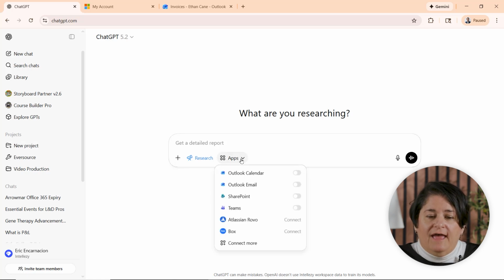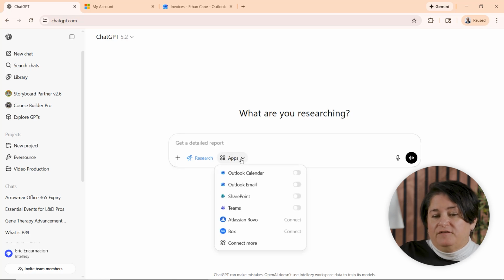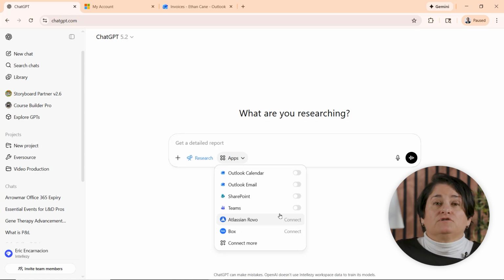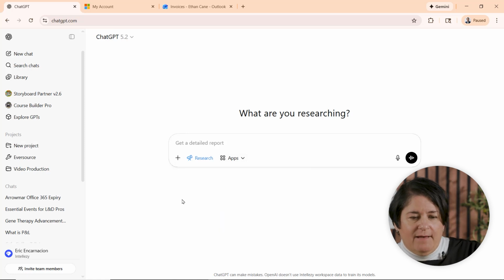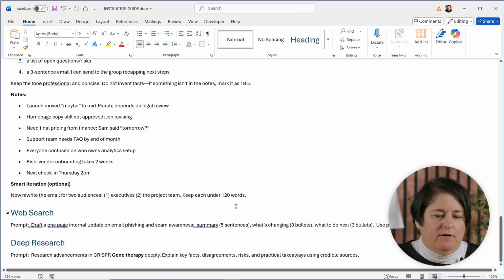You also can utilize apps with this as well. So you can actually have it look into your company documents or other apps that you can connect to. So if you have repositories, research tools that you use that you want to connect to ChatGPT, that is an option here as well. So as an example, I'm going to pop over to our